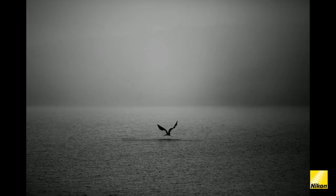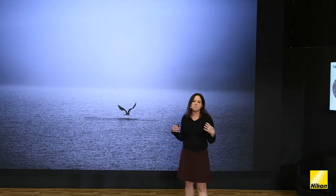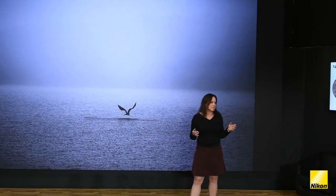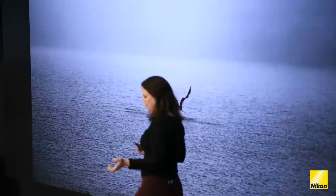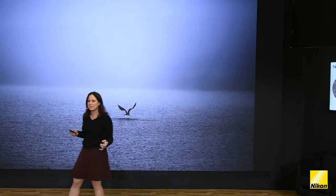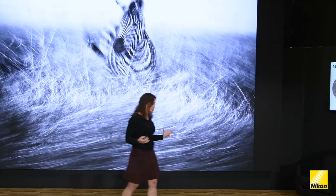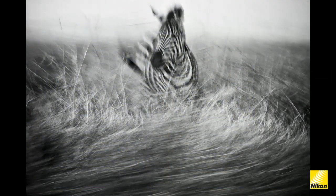Right when a bird has an unsuccessful fishing trip, and right when he leaves the water, you can see movement in shape, and you can see movement in the way the water is reacting. So this is the simplest way of seeing motion, and now we're going to go into something a little bit more complicated. This is the first image I took where I fully felt that I used motion in a way